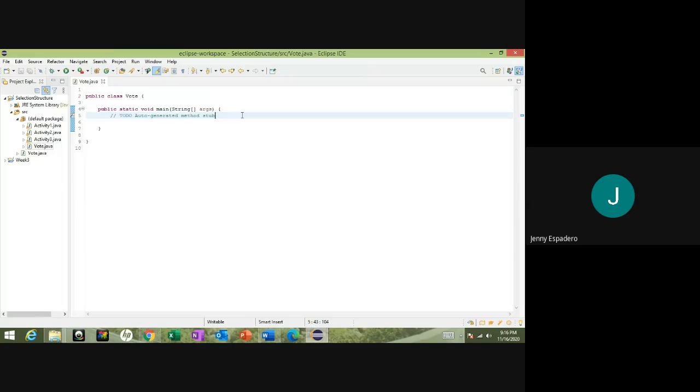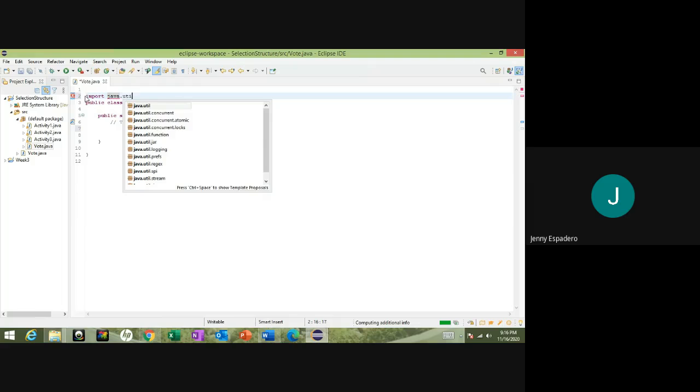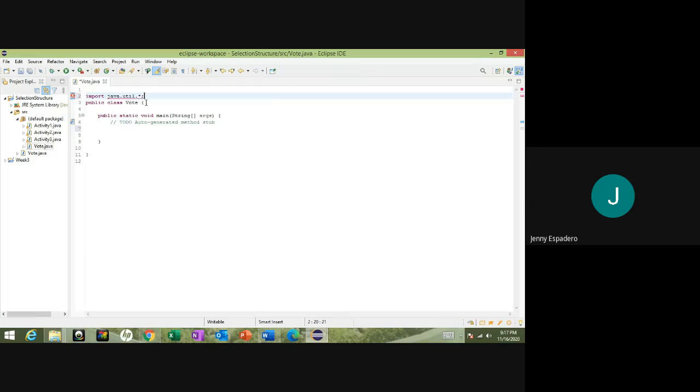Okay, and then here, the first task is we'll ask input from the user for age. Since we'll ask input from the user, we need to import java.util. You can have that asterisk or it can be specific, Scanner.